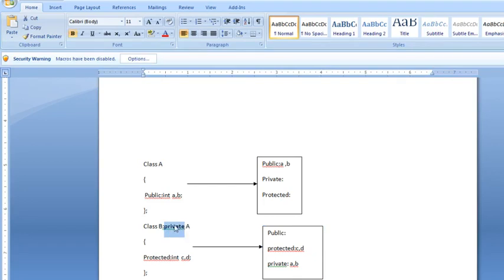I just want to highlight one point. These visibility modes decide under which section the properties of the base class will lie. If you write private, all the properties of class A will become private properties of class B. If you replace private with public, all the properties of class A will become public properties of class B. When you inherit protectively from class A, all the properties of class A will become protected properties of class B. So this is the visibility mode concept in C++.